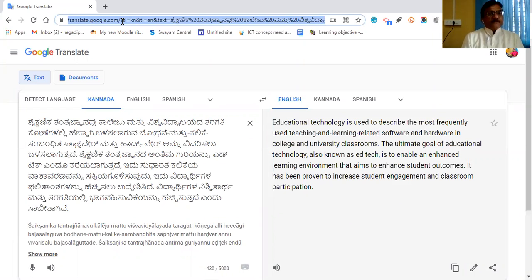With the help of translate.google.com in any browser. This is one method. Another method using 9 dots icon. And also you go to the Play Store and type the Google Translate app, and you can install, sign up and sign in.